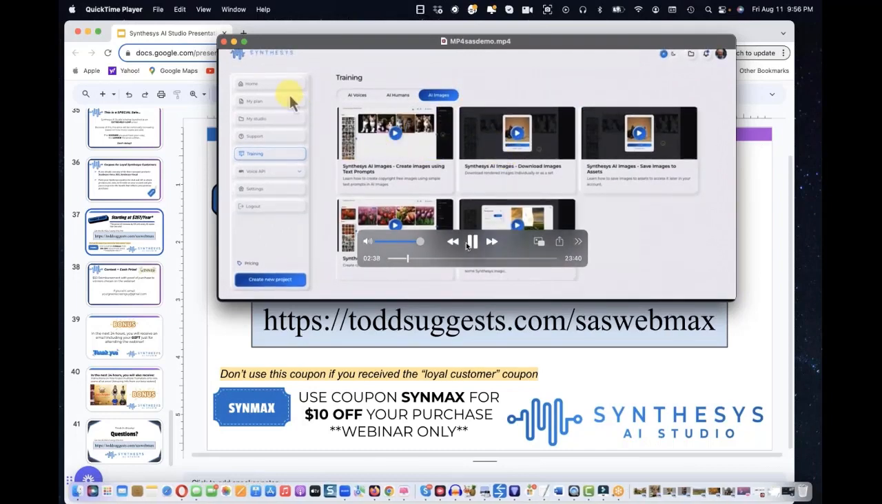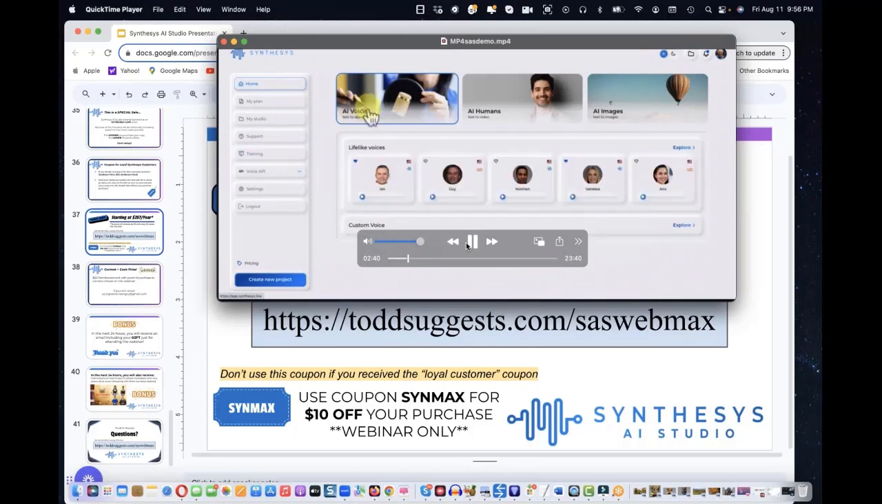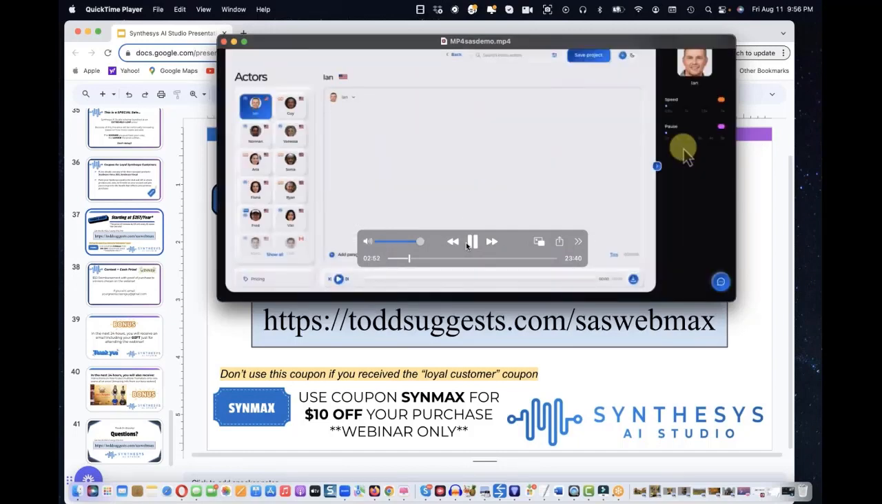All right, now let's get to what you've all been waiting for, the actual demonstration. Let's start left to right with the AI voices. The first thing you want to do is click Explore, and you'll immediately see why AI voices is so much better than any other text-to-speech. Not only do we have the best sounding text-to-speech, derived from real humans, but